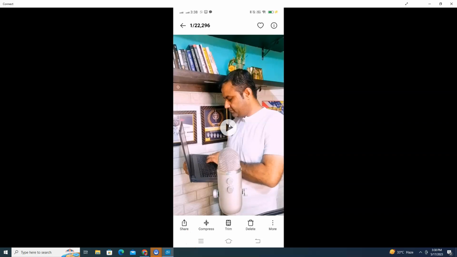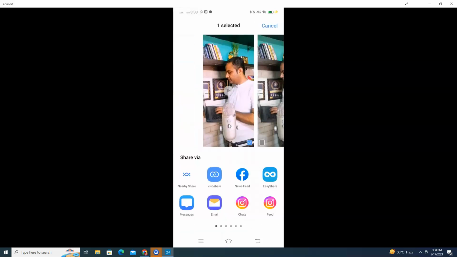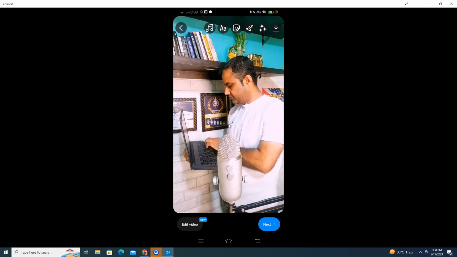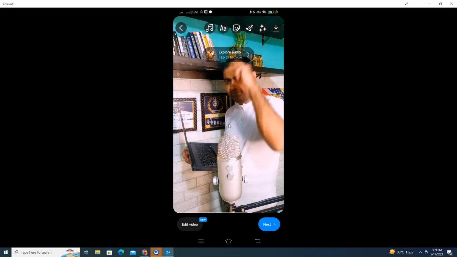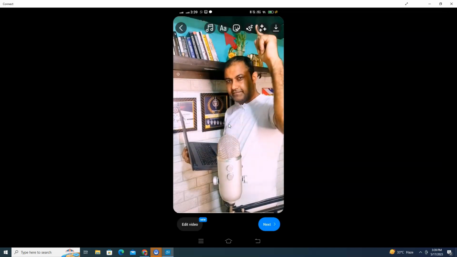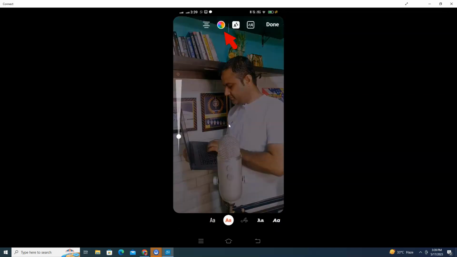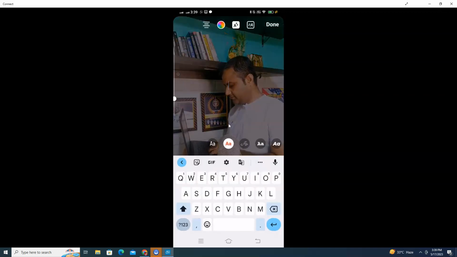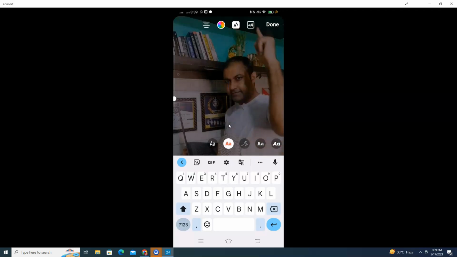So click on the button that says share, and here I'm gonna select Reels. By the way, if you want, you can directly go to your app and there will be an option to create Reels from your Instagram app. So that you can do right now here. So what you can do, just go to this section. You can put your text here. So now here, like you can say